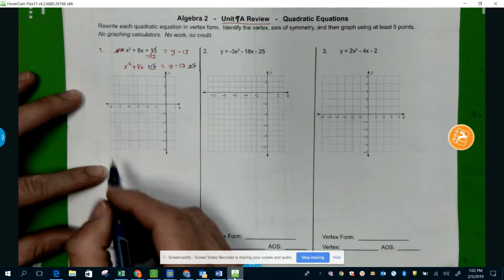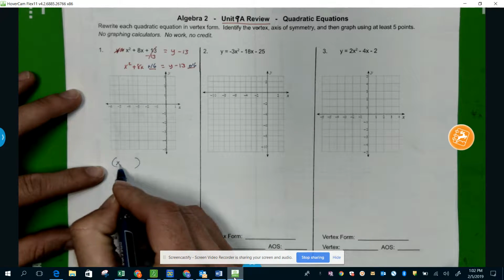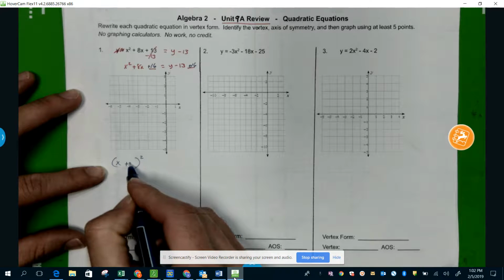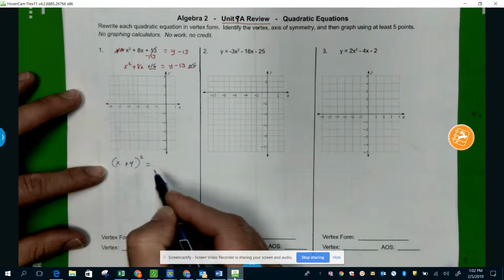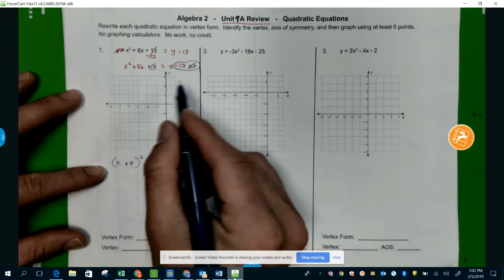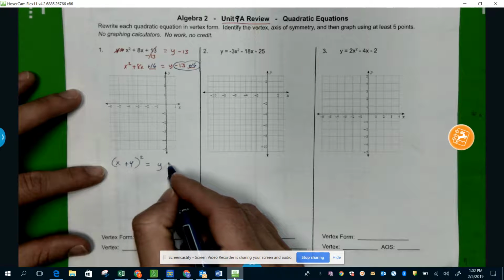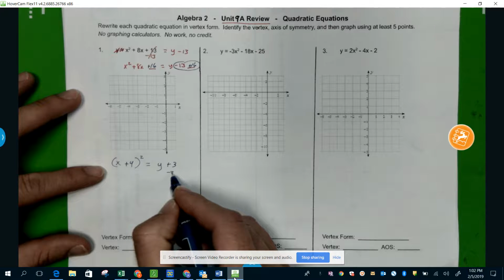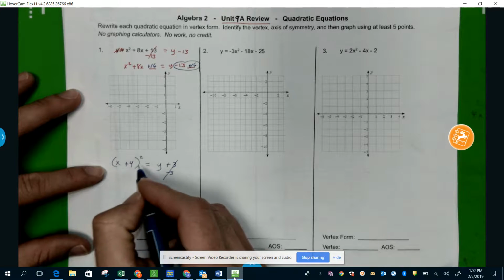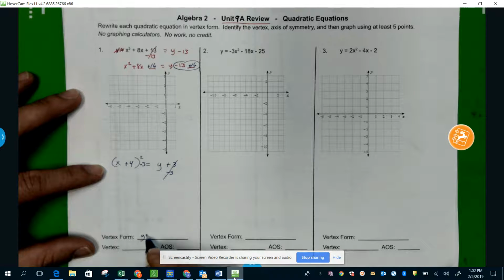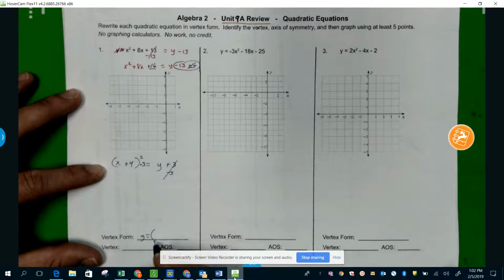All right, so now I'm going to go ahead and come down here and rewrite this. So I'm going to factor this left-hand side, and I'm going to go ahead and use the shortcut. So I've got an x, and half of positive 8 was positive 4. So it goes there. And then on the right side, I've got a y, and when I combine these like terms, negative 13 plus 16, that's positive 3. And finally, to get the y by itself, I'm going to have to subtract the 3. So I'll come to the other side and subtract the 3, and I always just want to put that at the end. So I've got y equals, I've got my x plus 4